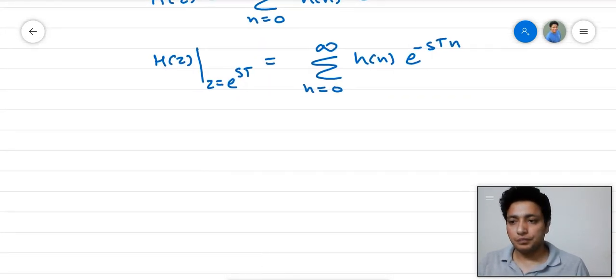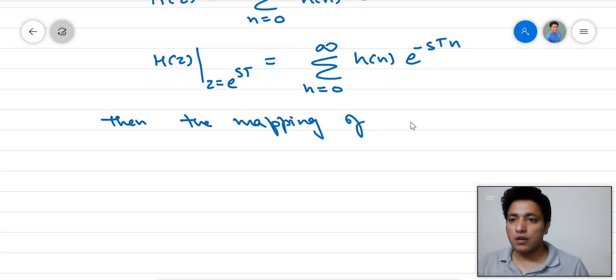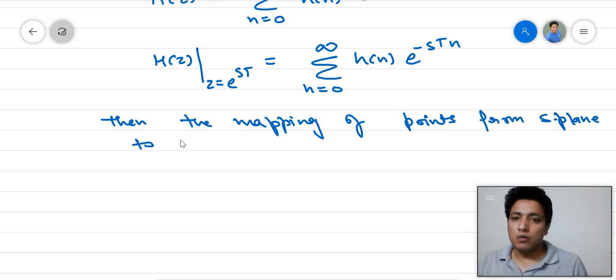Then the mapping of points from s plane to z plane